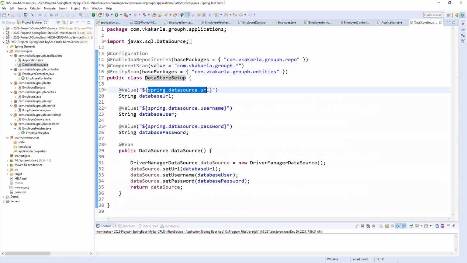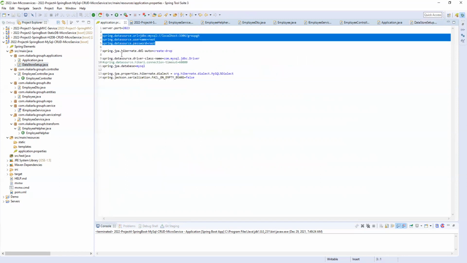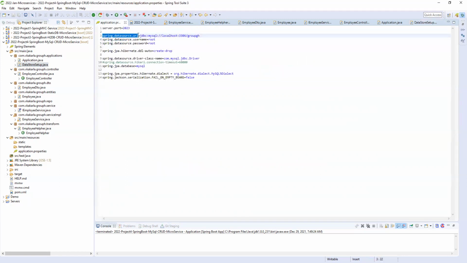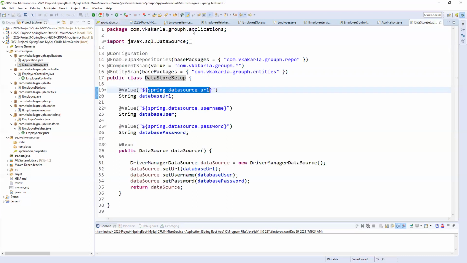So whatever keys we have in our application.properties file, this is the key we are getting here. Previously, how were we getting keys from the properties file? We needed a Properties class, and Properties prop equals new Properties, then prop.get(key), we pass the key and we get a value. But nowadays you don't need to use those kinds of property classes. The @Value annotation from Spring Boot is there. Whenever you pass a key, automatically it will use the Properties class internally, and it will return the key value.